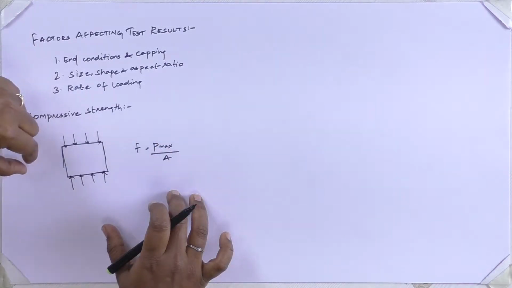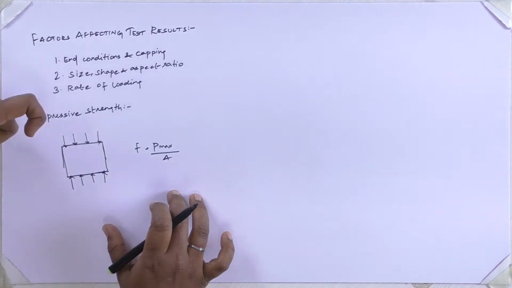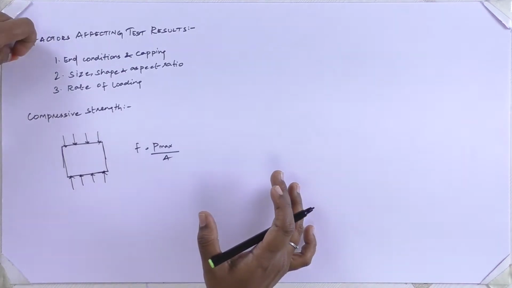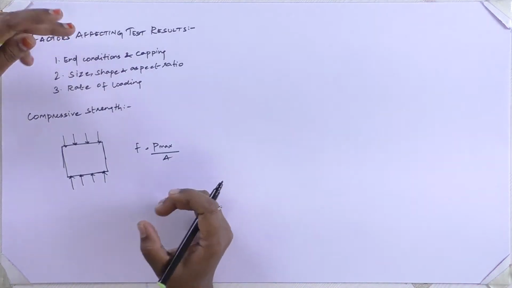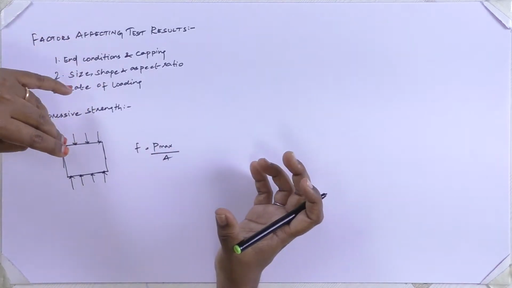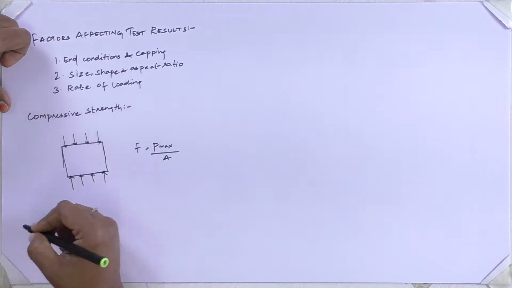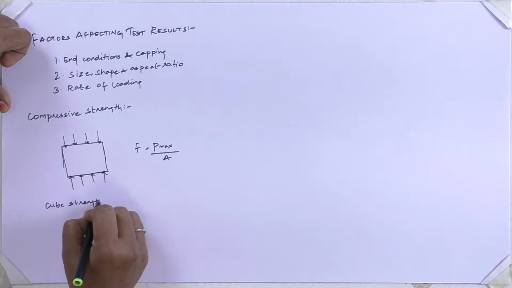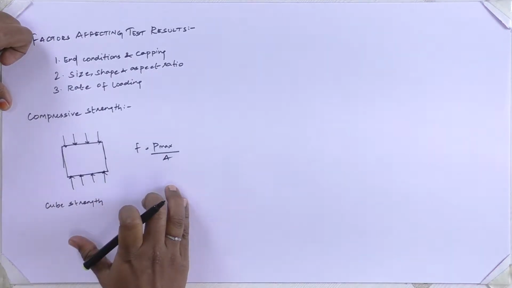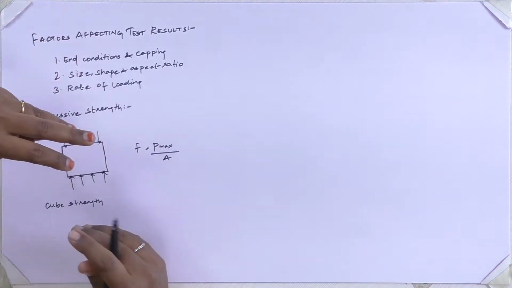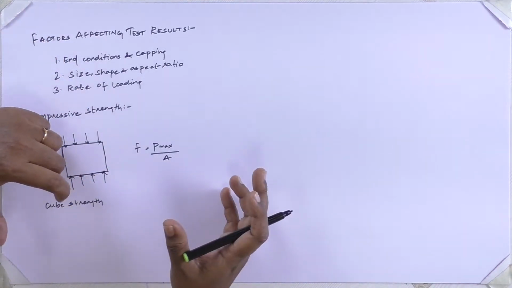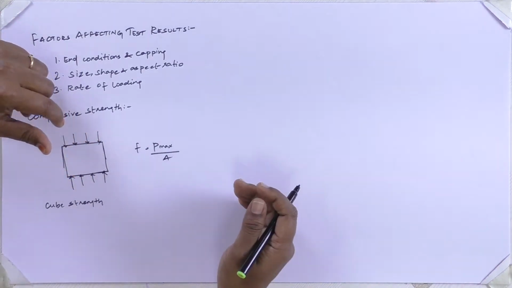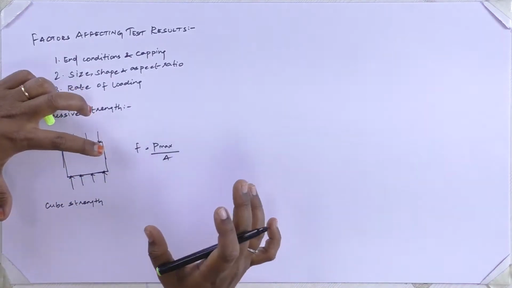Being so, how the test results are influenced by the end conditions, that is the thing we are going to discuss now. The test conditions induce variations in results. In the last lecture we discussed cube strength, and this cube strength and the strength in the structure will be different, since the strength in the structure is influenced by many properties. The both will not be the same, but